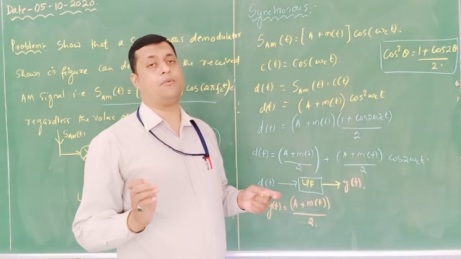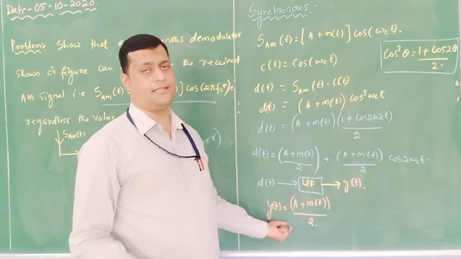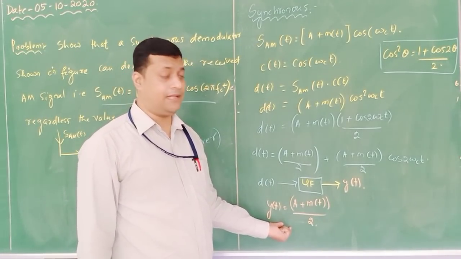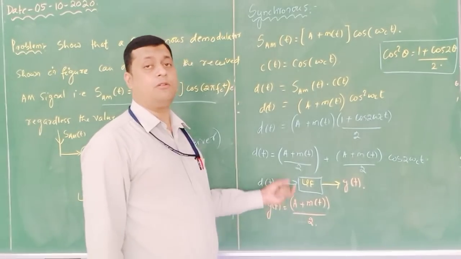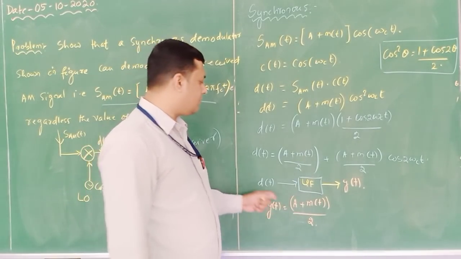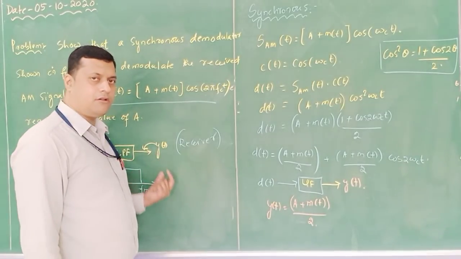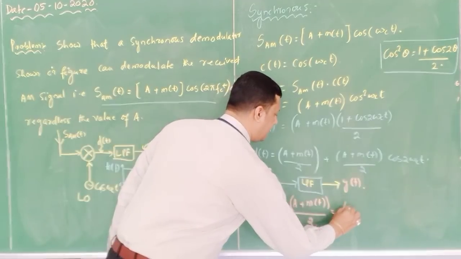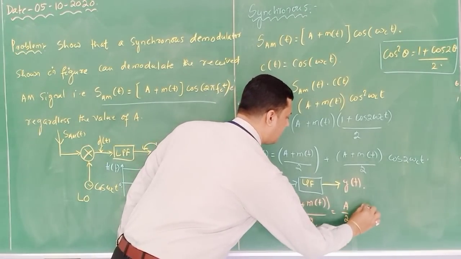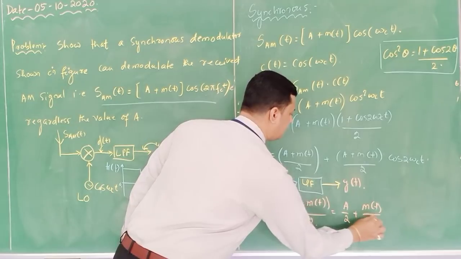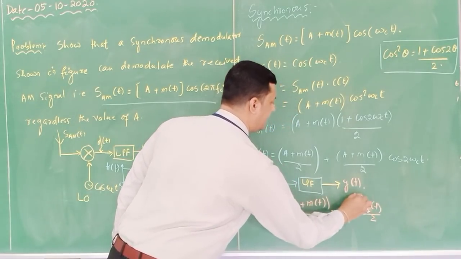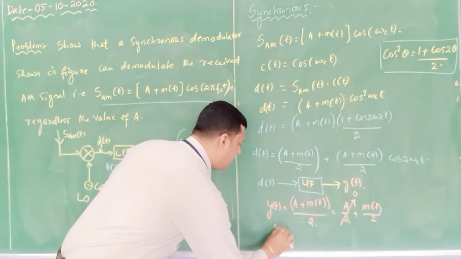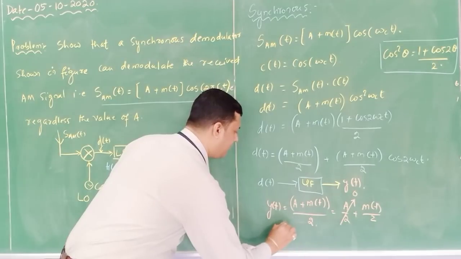Now in some books the output will be written in this term, and in some books it will be written in terms of m of t by 2. That means this component needs to be passed through a DC blocker. So this LPF will also help to suppress the DC component. So here A by 2 plus m of t by 2, and this DC component tends to 0. It is suppressed. So that means my y of t is equal